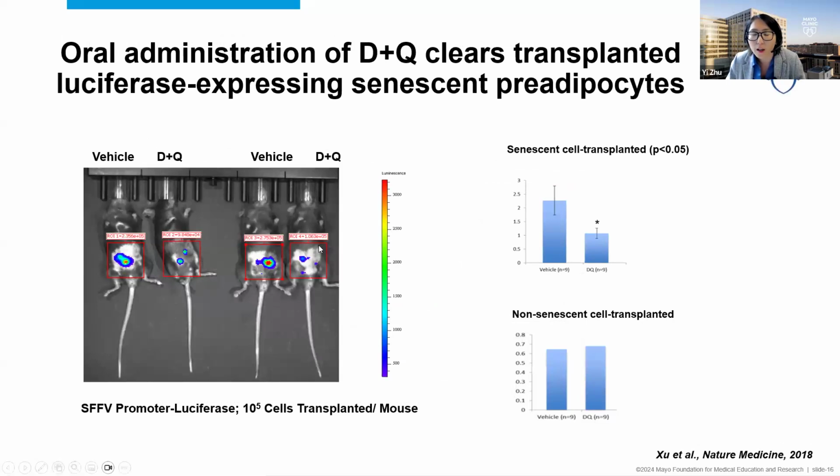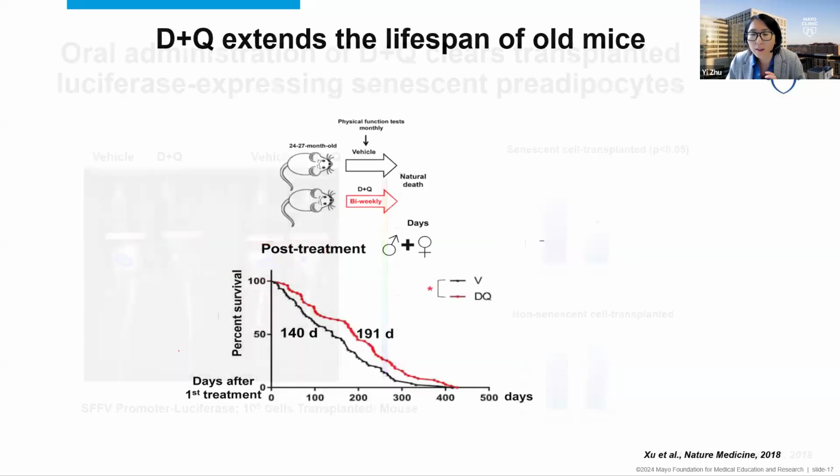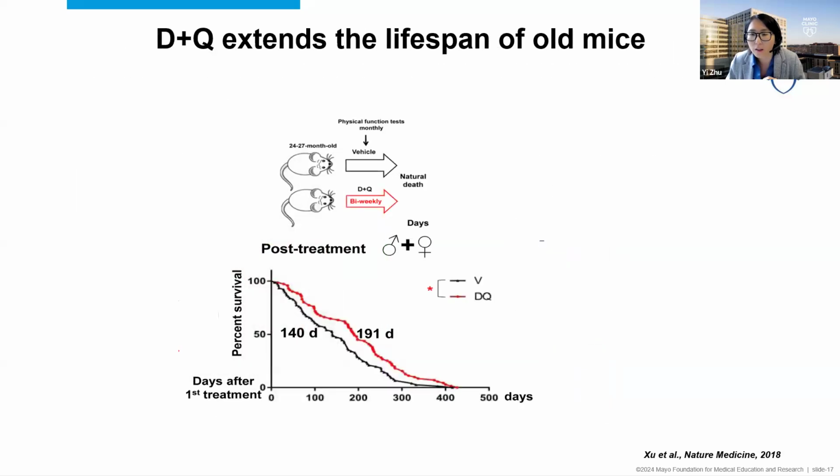And indeed, when mice were transplanted with senescent cells, which also carry a luciferase signal, as you can see here, after the treatment with D plus Q, we see a significant reduction of the luciferase signal. So we know that those senolytics are killing senescent cells in vivo. And then in the next study, published from Dr. Kirkland's lab, they found that in naturally aged mice, treatment with D plus Q can significantly extend lifespan